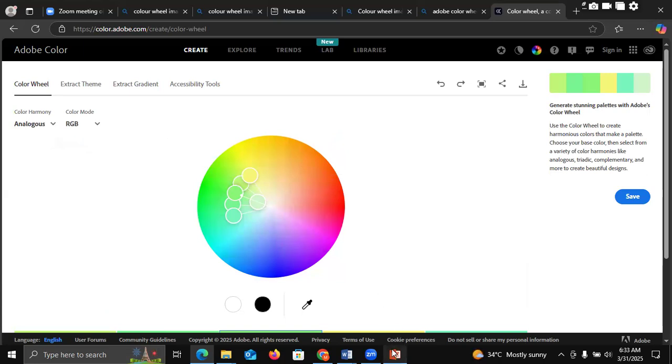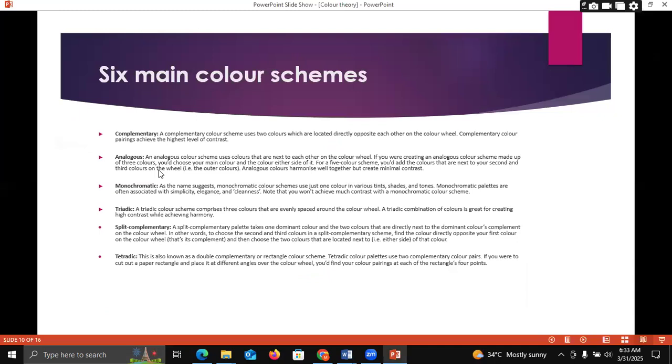Now we have various color schemes. These are schemes which we need to follow when designing. All right, you can pick any one. These are schemes in here. You can literally pick any one when doing a job. Now, color schemes aid us in everything. It aids us in graphic